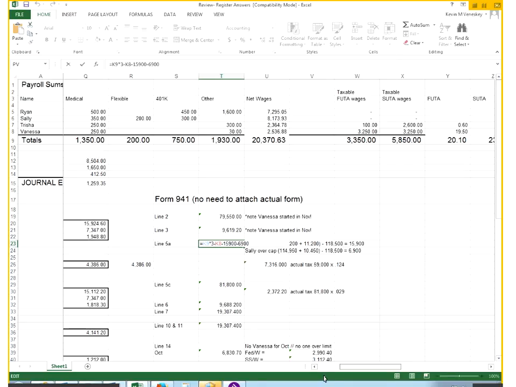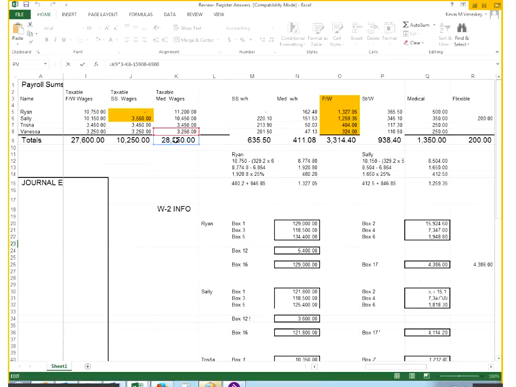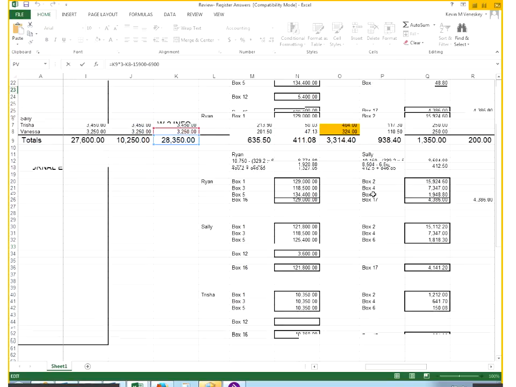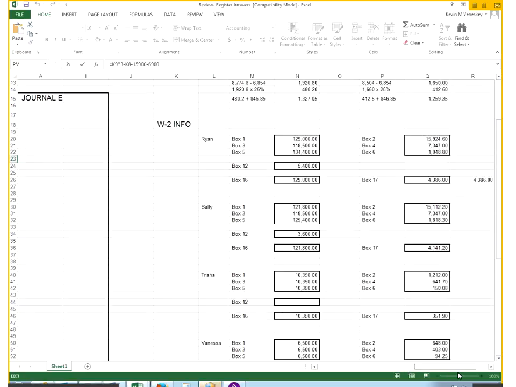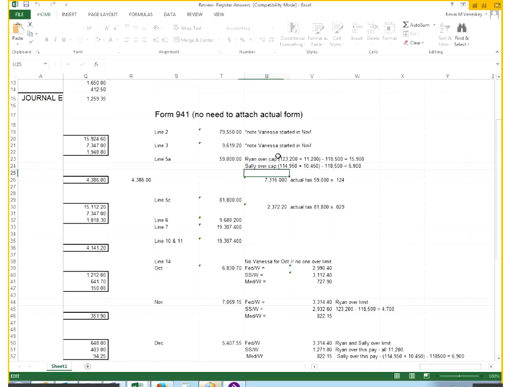So not only do I need to remember that, let's go over here. I took the Medicare wages, I'm doing the same thing, times it by 3, subtracted out one of Vanessa's pays because she wasn't here the entire 3 months. And then what I had to do